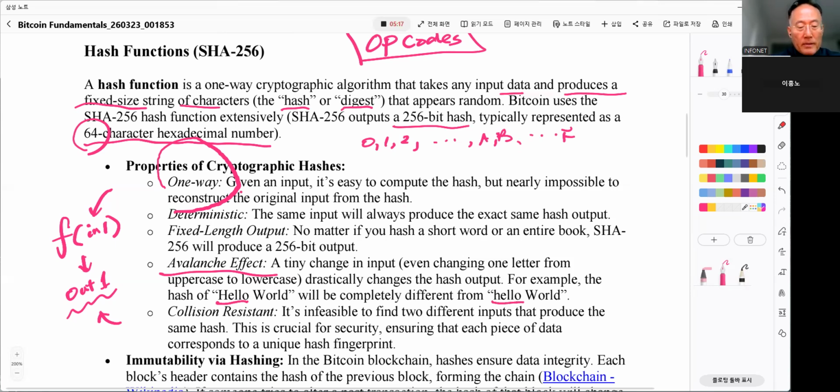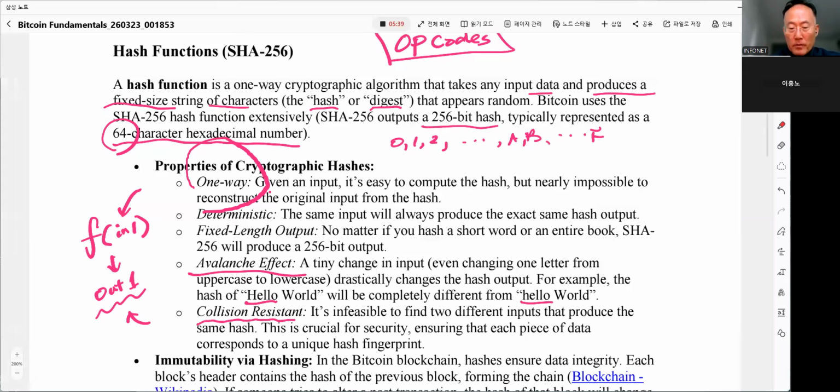And it has a collision resistant feature in it. So it is infeasible to find two different inputs that produce the same hash. So basically, what this means is this. So you have